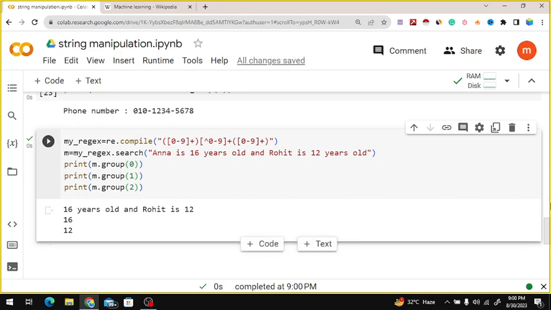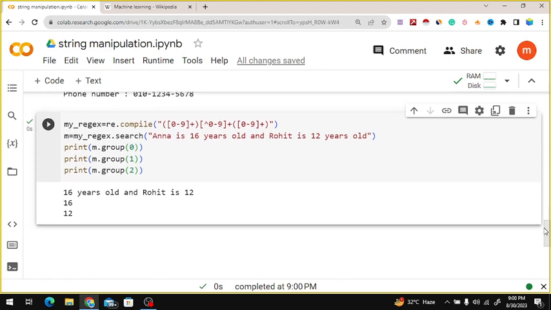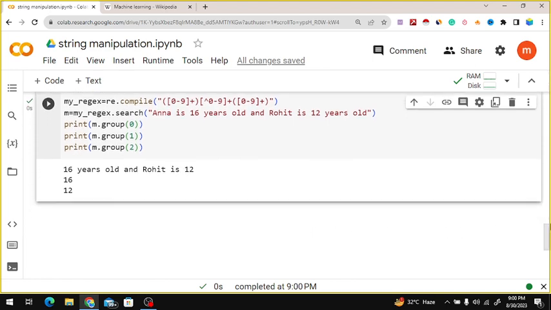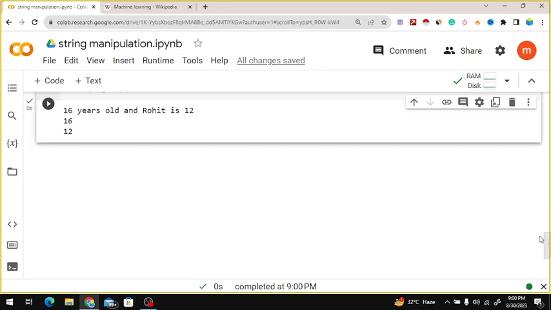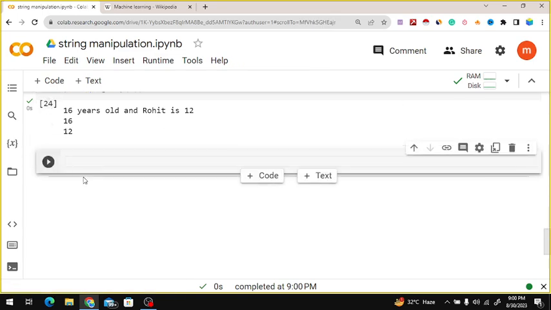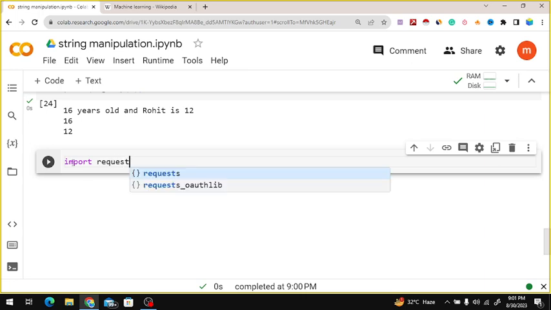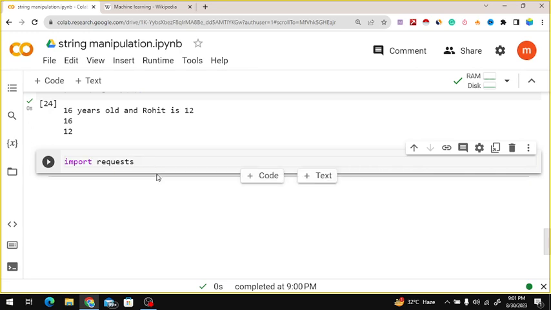So let's see one more way, and I want to start like this. Import requests, and import beautiful soup from bs4.